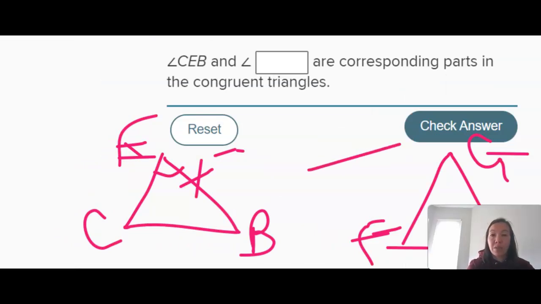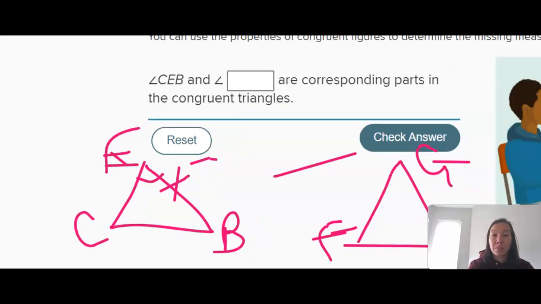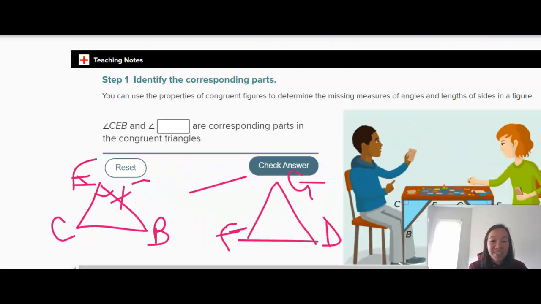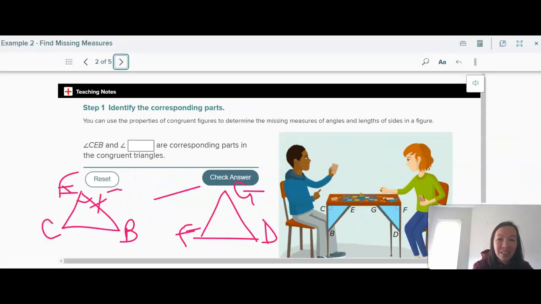I always do this. Okay, they want us to find, so this is 50. Ugh, so annoying. Okay, this is 50. And they want us to find